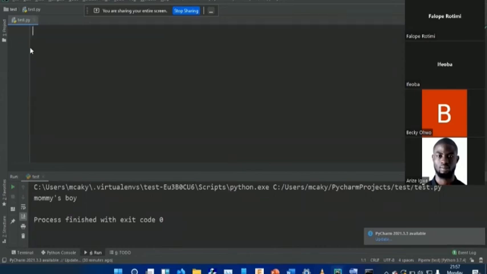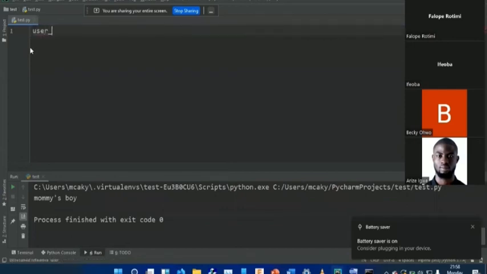For example, maybe you design a website and then you want to dynamically greet the user. When the user enters his or her name, maybe he's going to see "welcome" and then the name of the user. So you can do that dynamically using formatted strings. Let's say, for example,